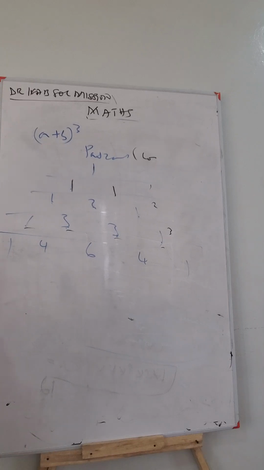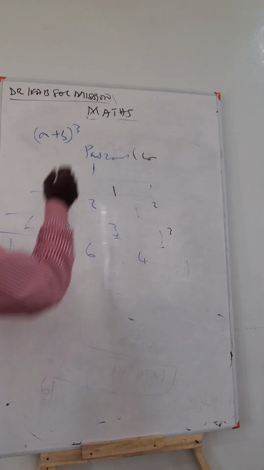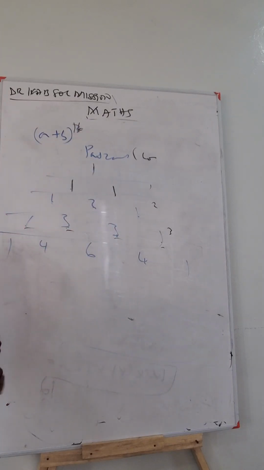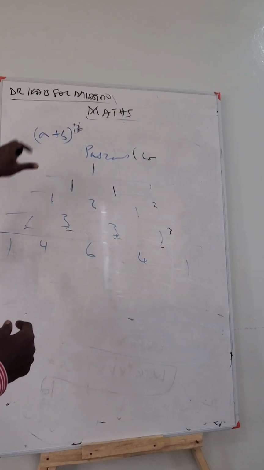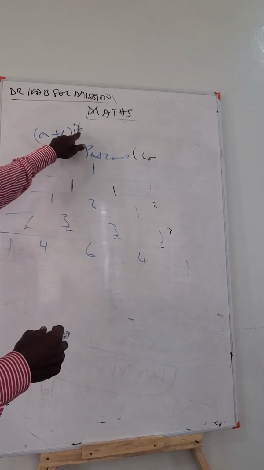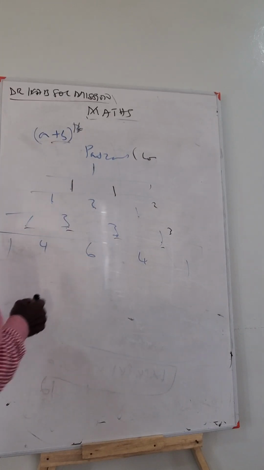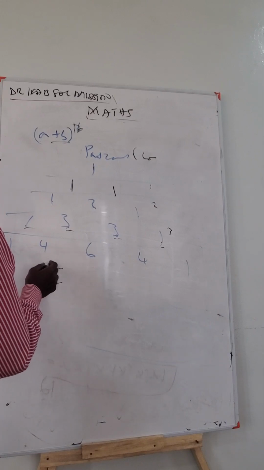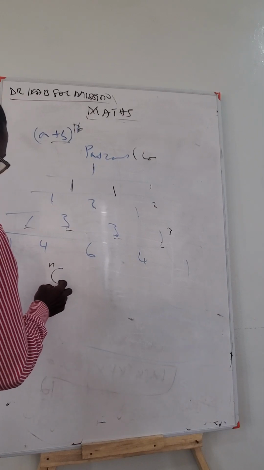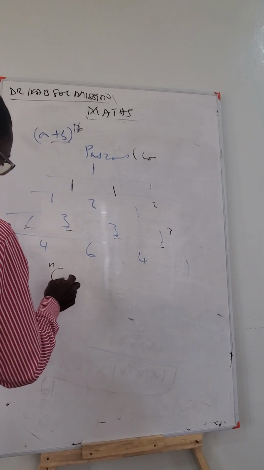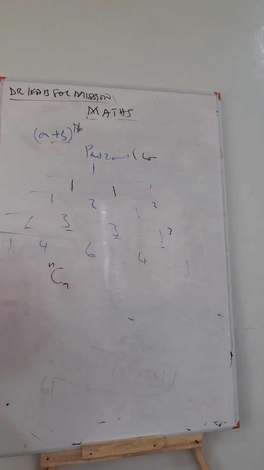Right. So there is a formula for when you don't want to use this, let's say when it is to the power 16, you can't use this to get the coefficient. So there's a formula that takes care of both the exponents and the arrangement, the order of these terms. And for that we use the combination formula. So the first one is n choose 0. Let me give you the